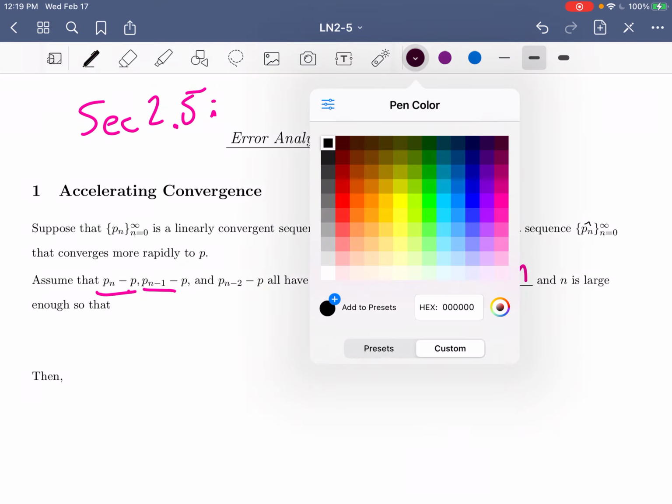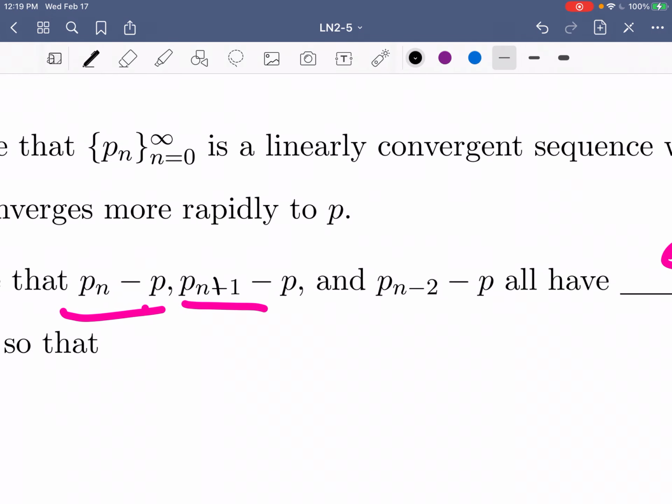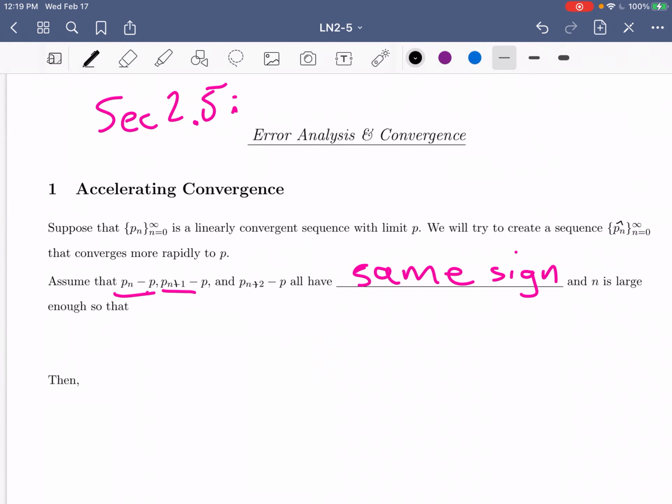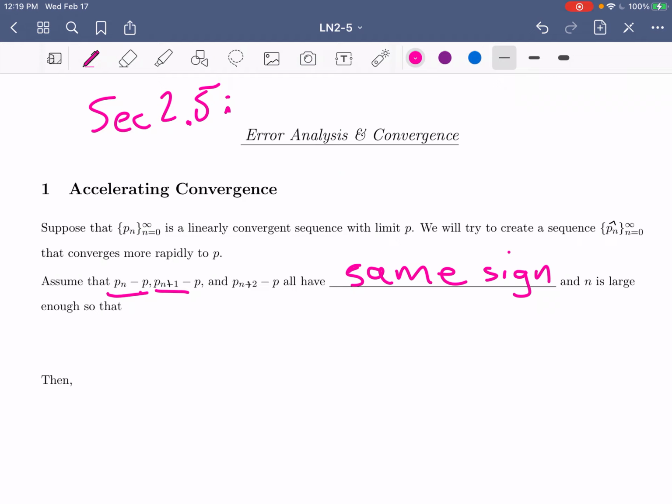And those should be pluses as subscripts. So p sub n plus 1, p sub n plus 2. If we assume all these things have the same sign,